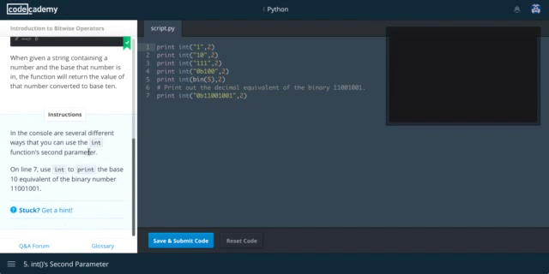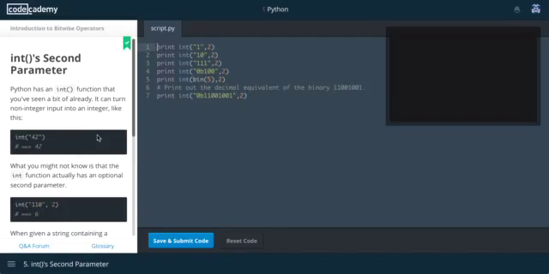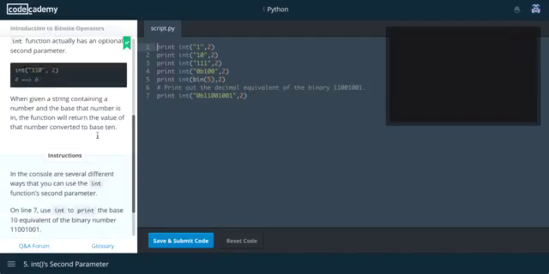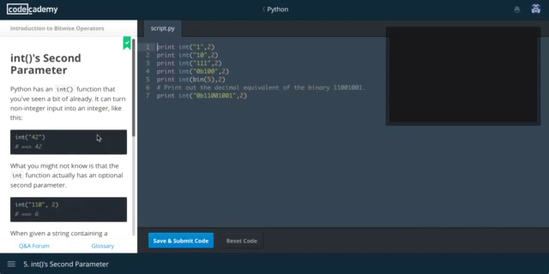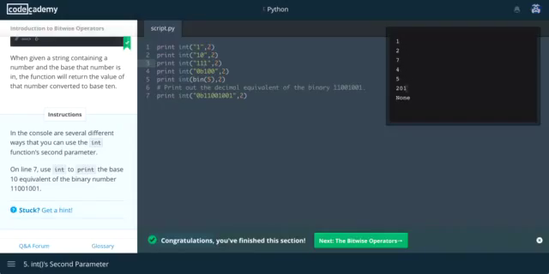Okay, so next, what about if we want to convert the binary into integers, or in the base of 10? So we are doing it in this format. This is the number, or the bit, and then the base that it's in. Binary is always in the base of 2. And we are going to print them out like this, and that is their value. Next,